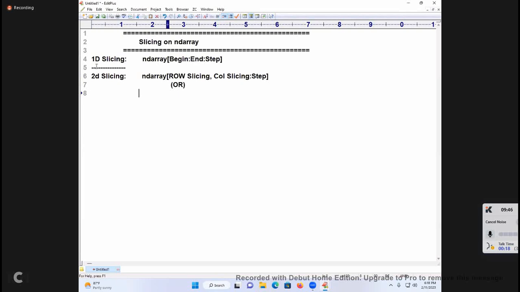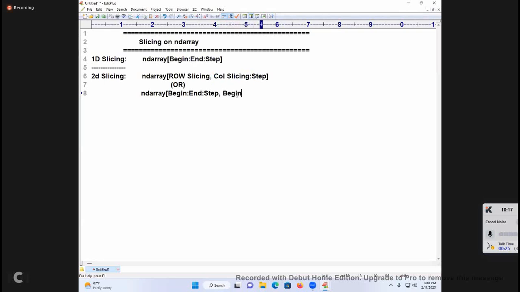In detail, if we go deep: ND array of begin, which begin? Row begin. Good. Next, row end. Under row slicing only I am talking: row begin, row end, and row step, comma. Then column slicing, you go.